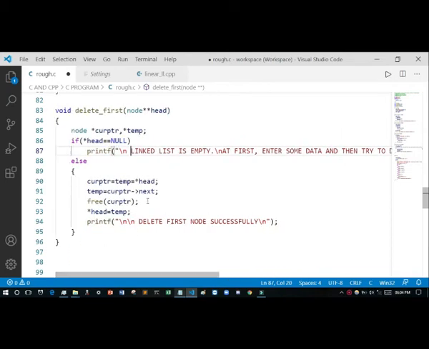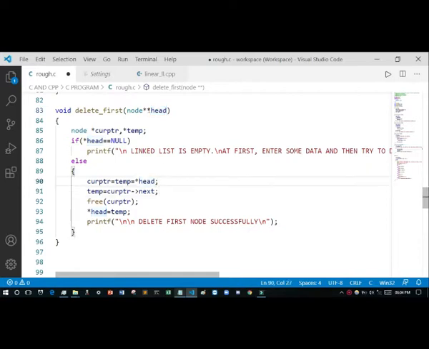Okay, if data is present, meaning a node is present in the linked list, then what you have to do is point to the first node. Because if you lose this head, you will lose the full linked list. You have to remember it carefully. If you lose this pointer address, you will lose everything.